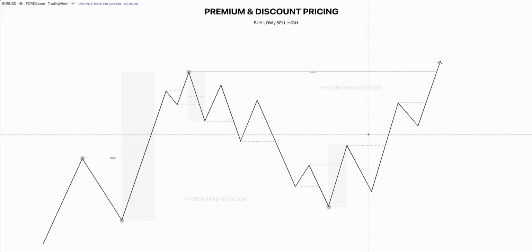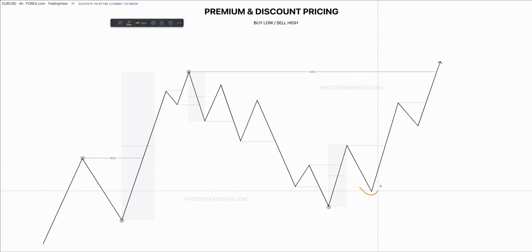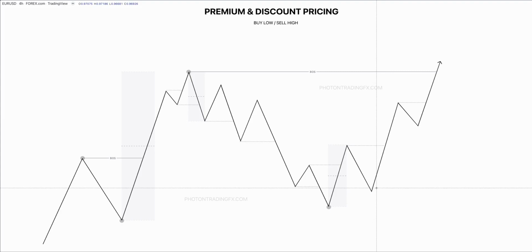Now, again, you don't have to have it in your plan that price has to be in the discount of the swing or of the internal. It's just another tool to help you increase the probability of where those turning points are most likely going to form, okay? Now, another key point here actually that I'll end this lesson on, that will really come in useful as you guys start to get a bit more advanced, is that